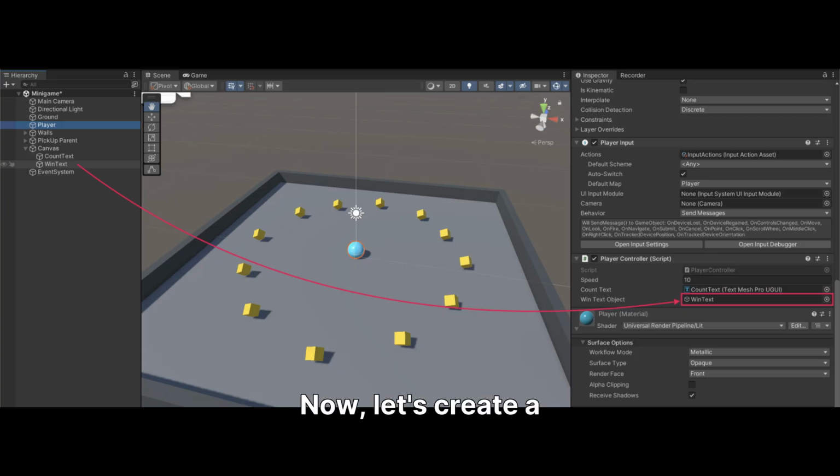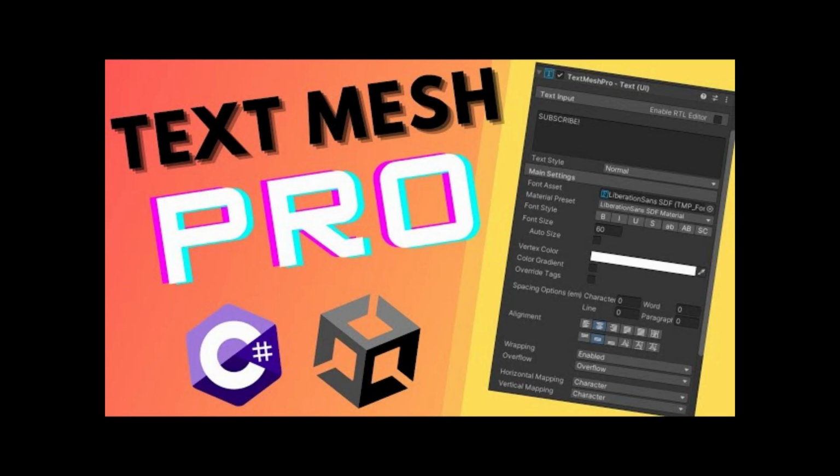Now, let's create a second C# script named ScoreUI and attach it to our UI text object in Unity. This script will handle updating the visual score display, bridging our backend logic with the user interface. In the ScoreUI script, we need to get a reference to the text component so we can update its display with the current score. We'll use TextMeshPro UI for enhanced text rendering, which is a common practice in modern Unity